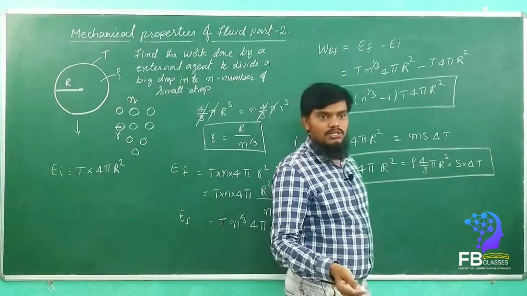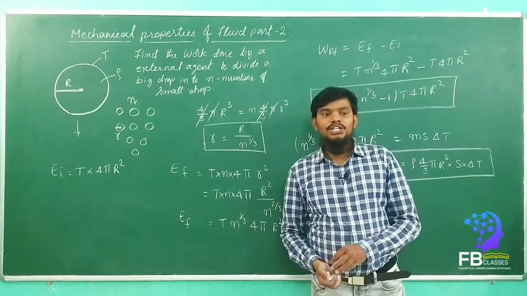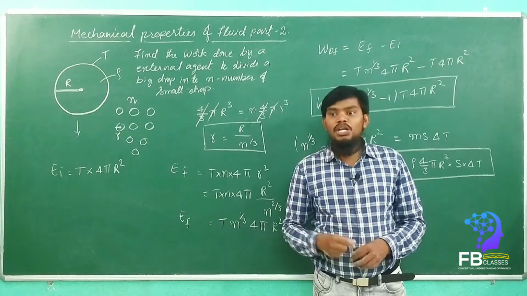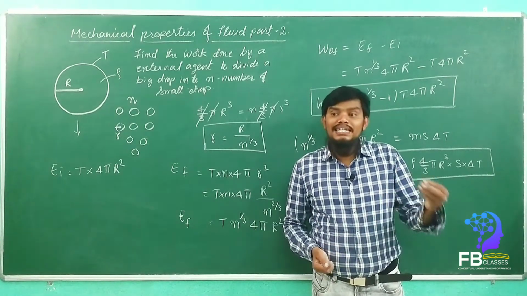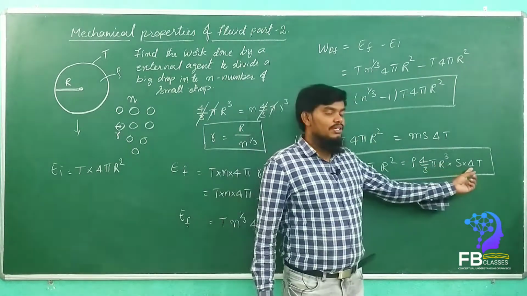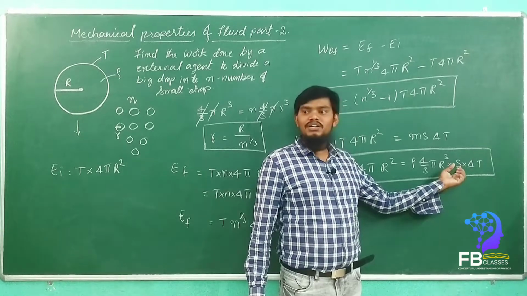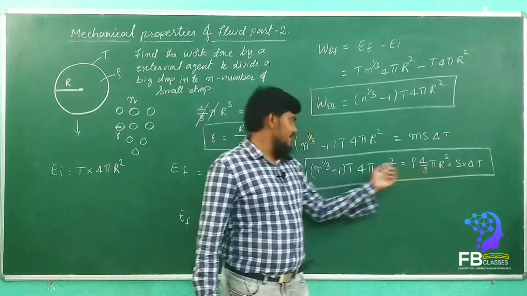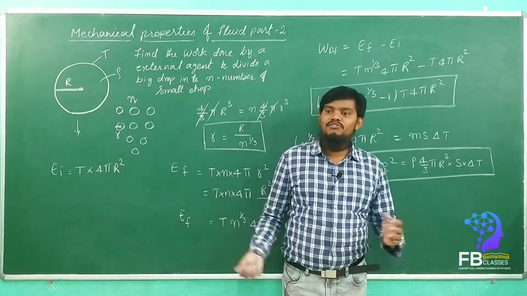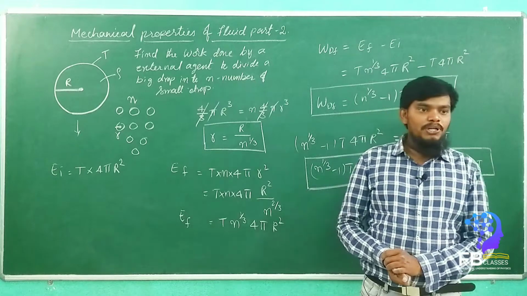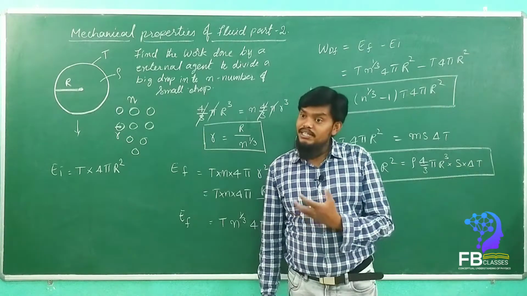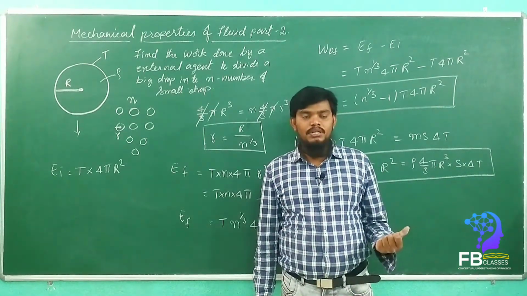If you go for the vice versa process, what question will he ask? If n number of small drops make a big drop, then how much does the temperature increase? What is the answer here? We can find out the temperature. If he gives the specific heat and density of the liquid, and the radius, we can find out the change in temperature, which is final temperature minus initial temperature. From that, the change in temperature we can easily find out. Are you getting my point?